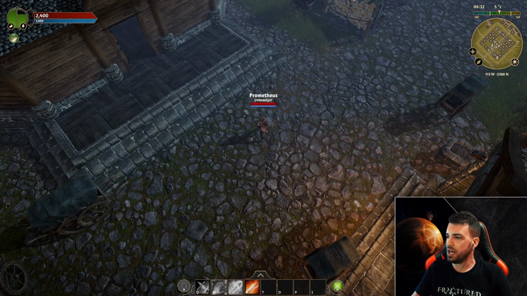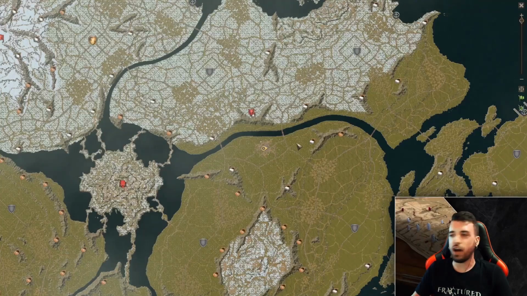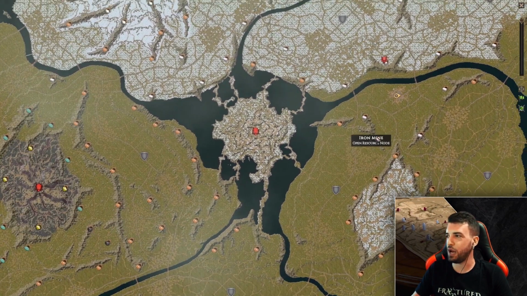So now, that being said, what's the other big thing that came in these patches, other than other quality of life updates that I invite you to look at in the blog post? Changes to the continent of Erin. So let's teleport to Erin again. So here we are on Erin,